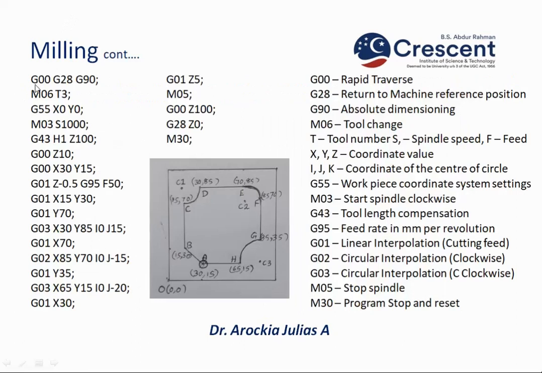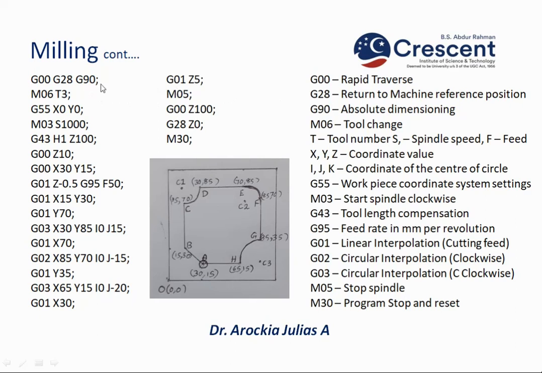So the first block is the header. So G00 is the rapid traverse. You should know that. Okay, rapid traverse is used when we want to move the tool quickly without any cutting motion. Okay, for a non-cutting move we use this G00, and G28 is the reference. Okay, we can define a reference position for this particular program, and the tool can be called to this reference position at any time. That is G28.